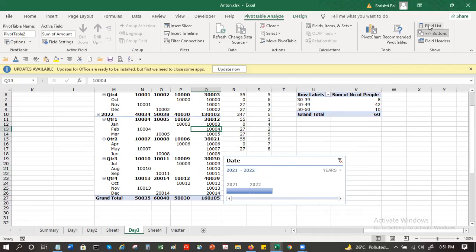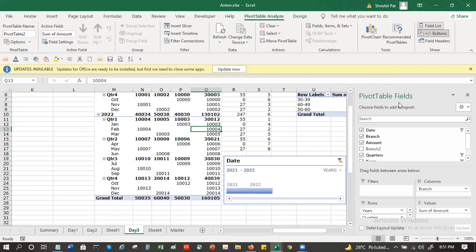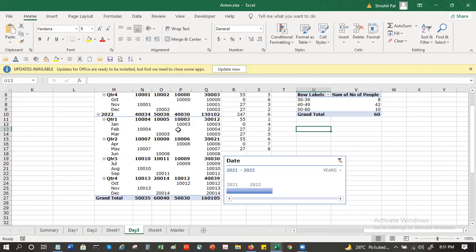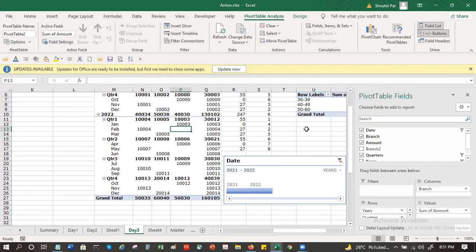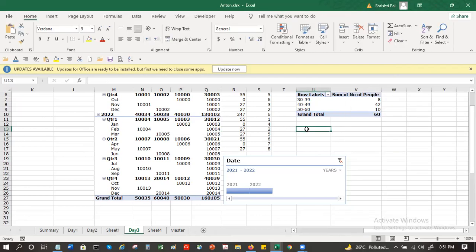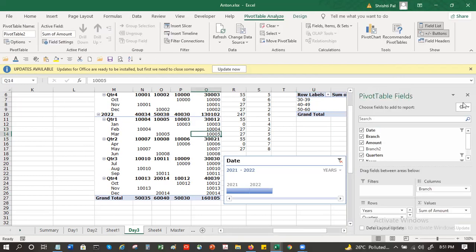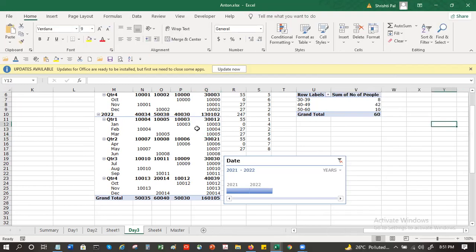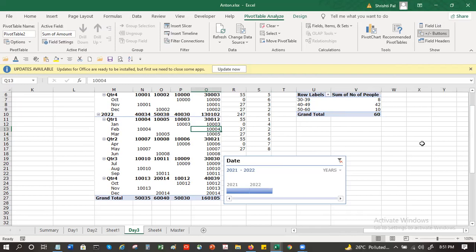Because there is an option here called field list. Can you see this right at the top? When I click on this, that is when it will be auto on and auto off. This is good to know just in case somehow it doesn't come on. If you want to hide it, it's taking up space, just click on this, it will go away. But when you click on this, it doesn't come back. So that's when you need to click on field list and it will come.